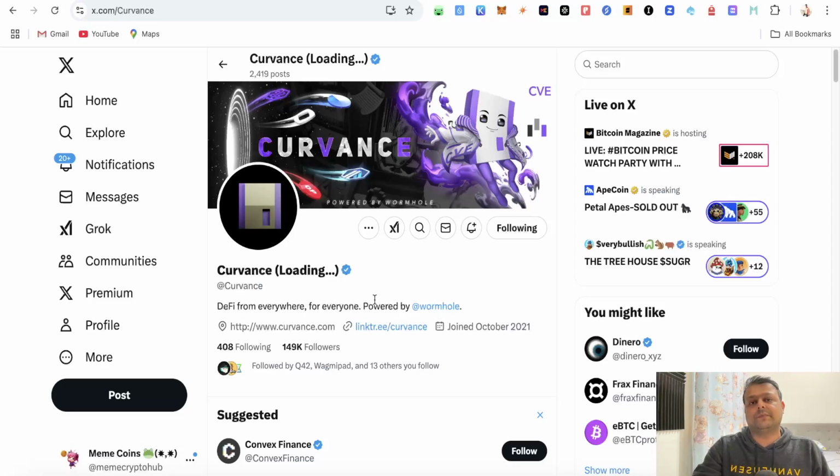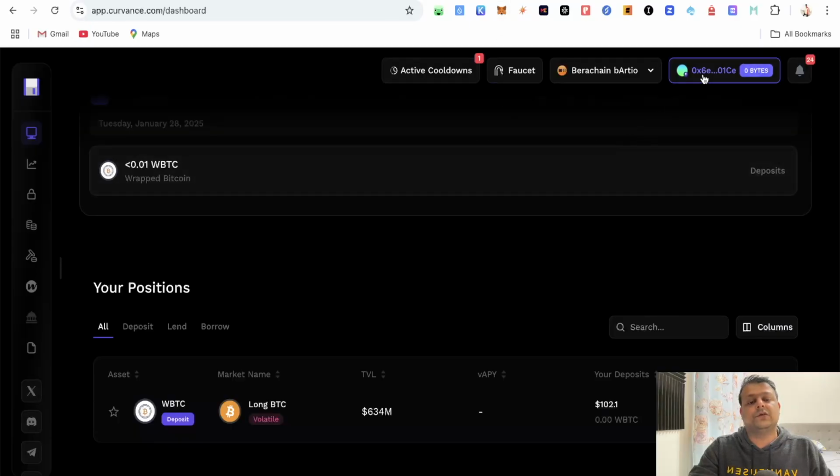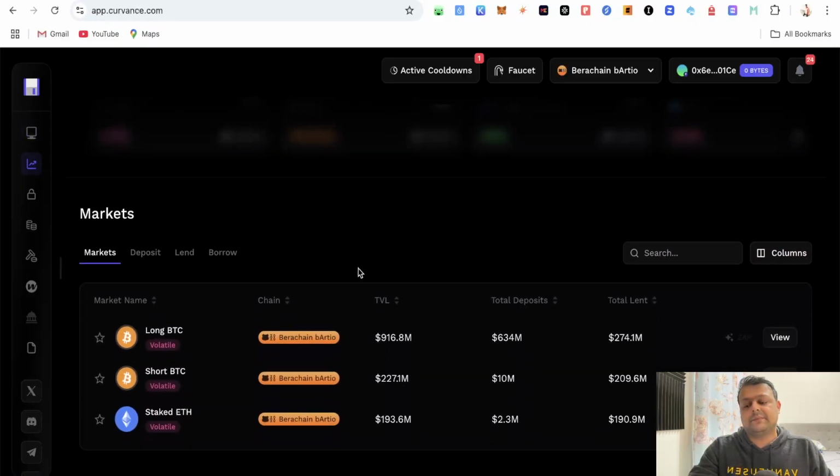Now in total 4% of the overall supply would be airdropped to the community, which is not a big percentage, but still it's fine. Once you have signed up for the Curvance airdrop, you will need to connect your MetaMask wallet over here first, and then click on markets. Now head a bit down, and there are multiple options available over here, which is deposit, lend and